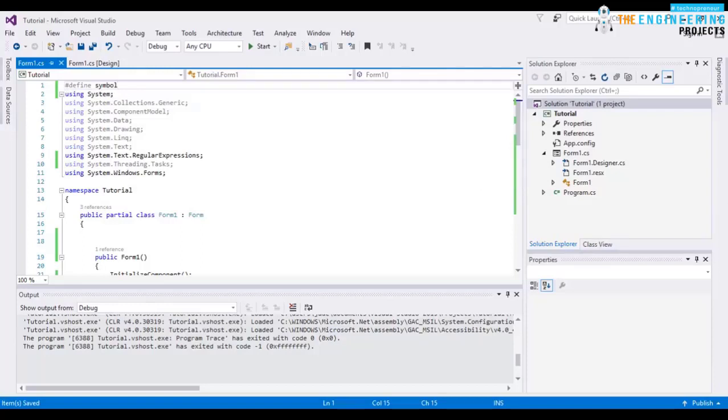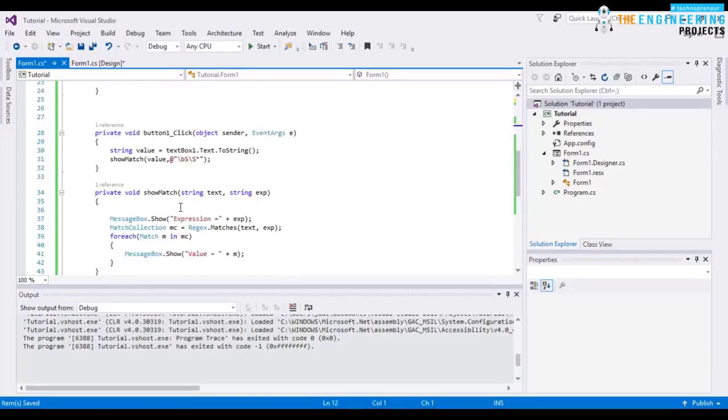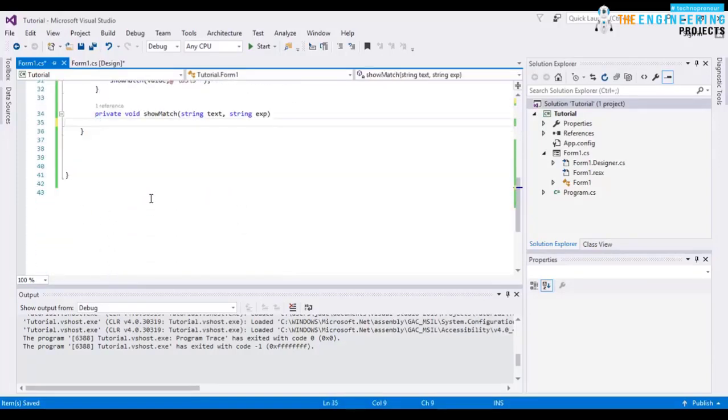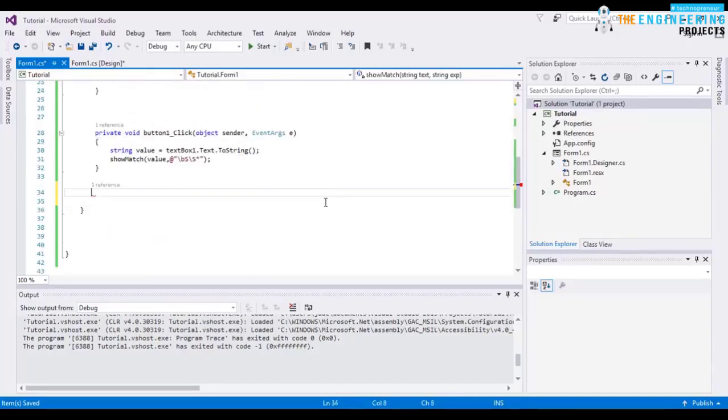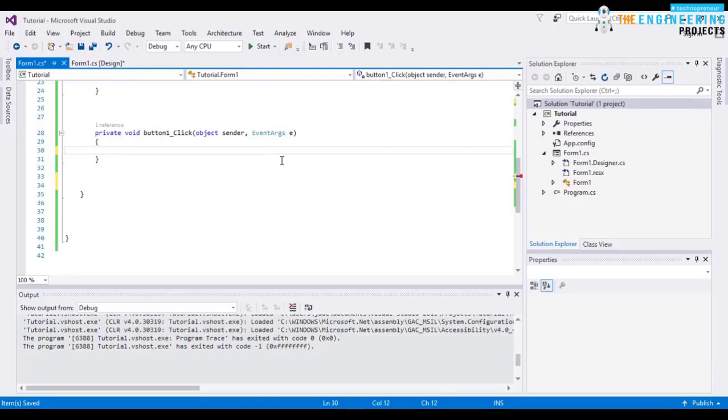Now we create a program and define a variable named val. Okay, we have defined a val. In my main program, first of all, I delete the unnecessary code, and I will say that whenever the button is clicked, it will check hash if val. If val is present, then